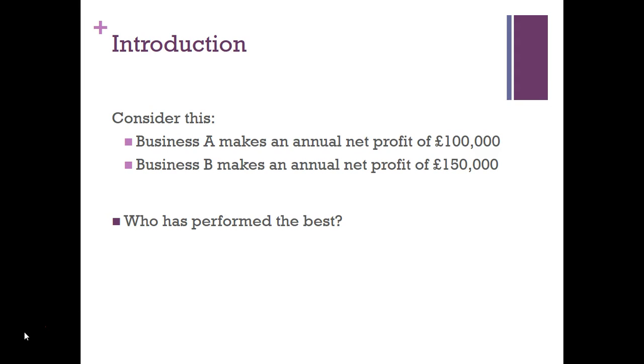But we could be comparing two very, very different businesses. In order to know who's actually made more, given the resources available to them, because that's really the definition of better, as opposed to just a numerical amount,